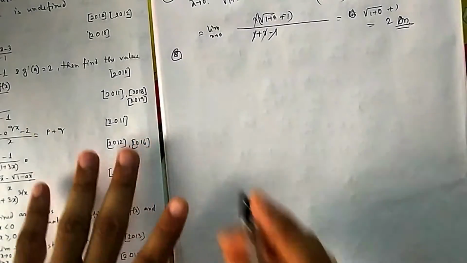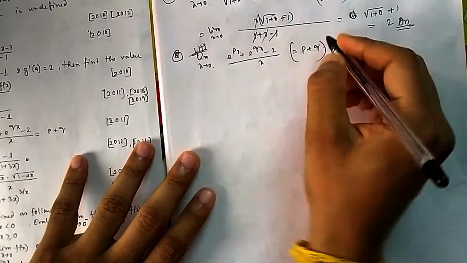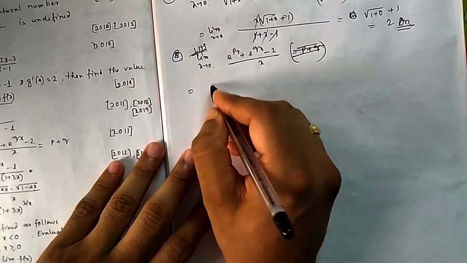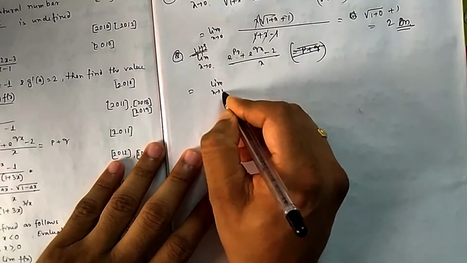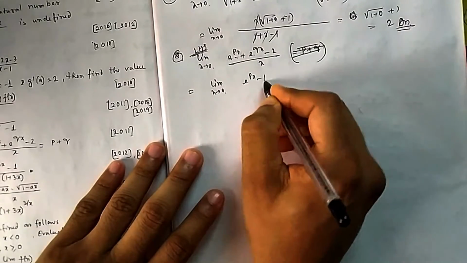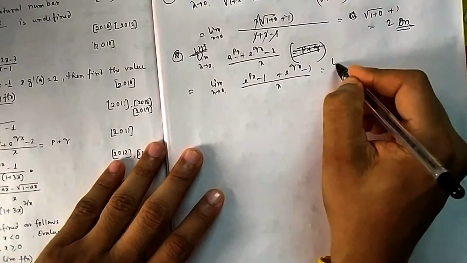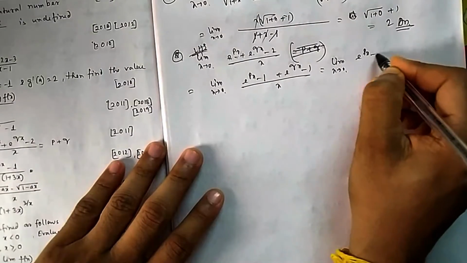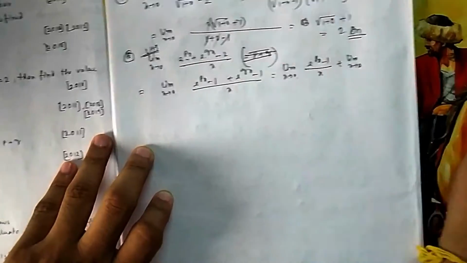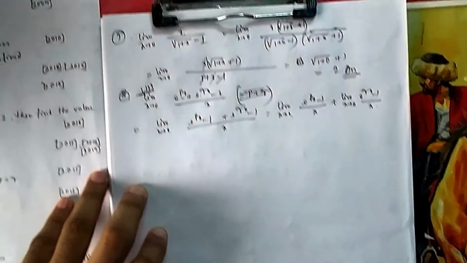Now if you come to question number 8, you have to prove this. So if I go for LHS only, that means this side, so forget about this side. So how to take care of e? You need a minus 1. So there is already 2 given. So for each e I will take minus 1, then e to the power qx also minus 1, divided by x. So the limit has a free pass. So you can split this limit: limit x tends to 0 of e to the power px minus 1 divided by x, plus limit x tends to 0 of e to the power qx minus 1 divided by x.